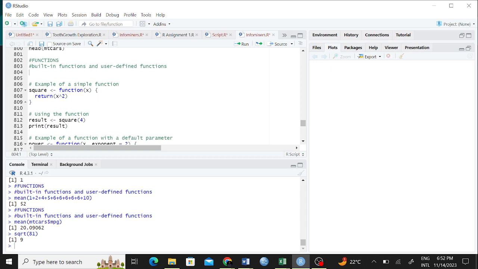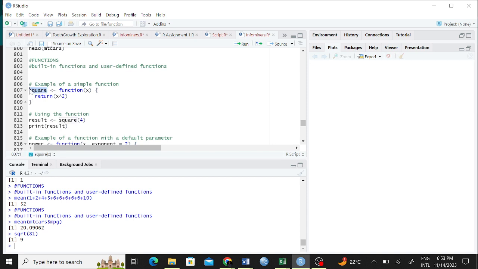So we can now look at user-defined functions. Functions can also get complex as complexity increases with what you want to do. So we may look at simple ones first. For example, how do we write a square function, right? Yeah, and you can look at this example that we have here.